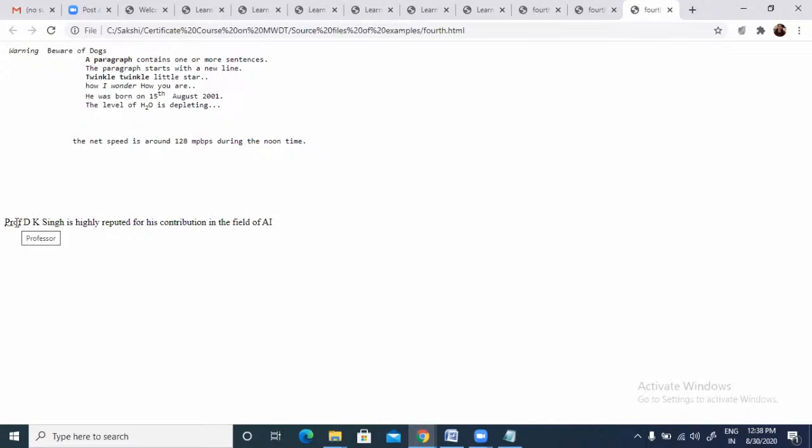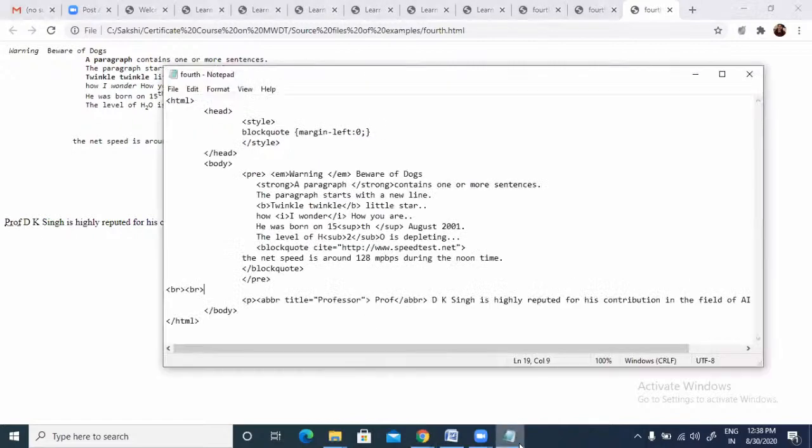So in order to include an acronym into our text, let's open this and clear, including one paragraph to show you the working of your acronym tag. ACRONYM, acronym. For this, again we write title equals to